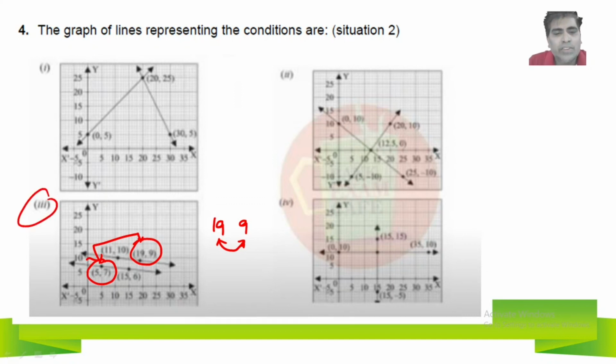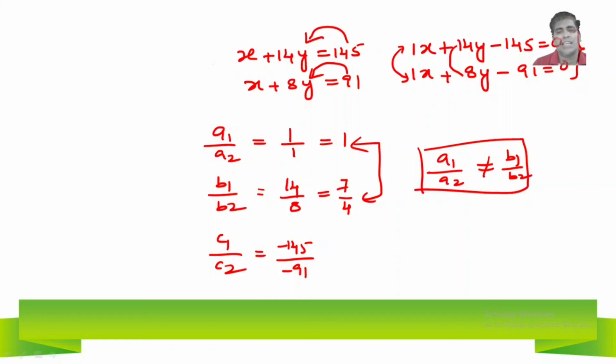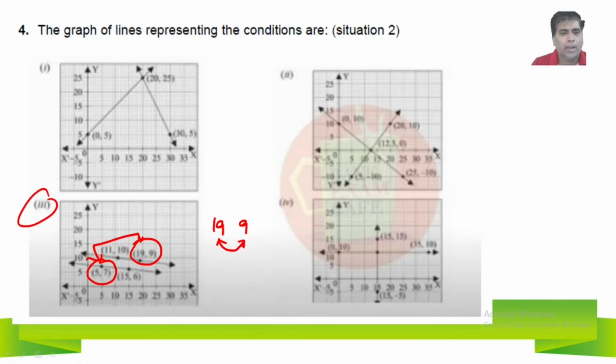But in this question, he has not mentioned which scenario we have to take. Here we got the theory that they are intersecting lines, but in situation number 3, maybe if we extend it somewhere, it is intersecting. It is not clearly shown in this question, and the answer is option 3. The remaining options are not valid, and you can also cross check.